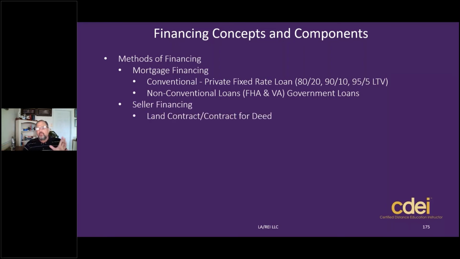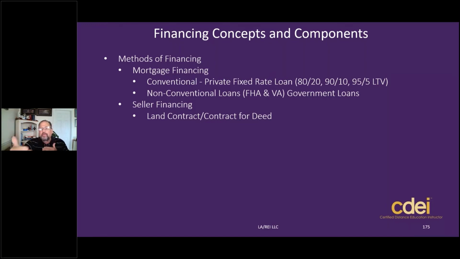Now, the next thing we have is seller financing, another method to finance. Say someone doesn't have any credit or has poor credit and they want to buy a house. Well, they can actually go to the seller and finance the property. One of the methods is called a land contract. You may see it as an installment contract on the test, land contract, a contract for deed. Basically, it gives the buyer equitable title. The term equitable title means possession with the future intent of getting legal title.